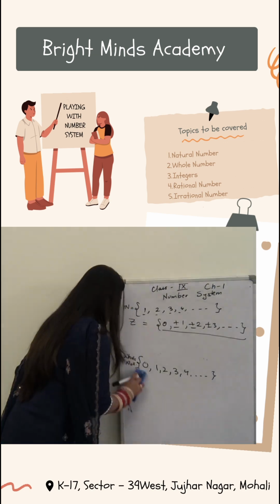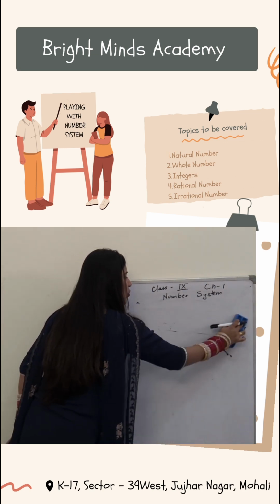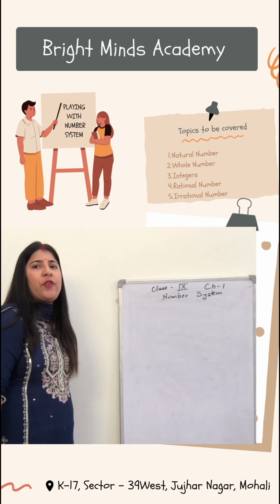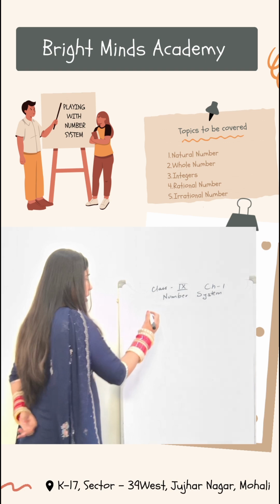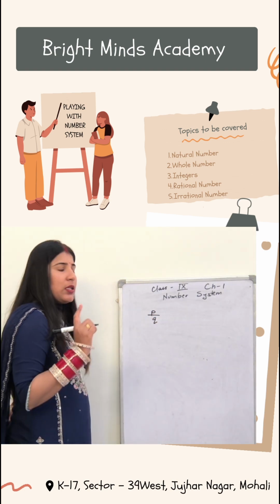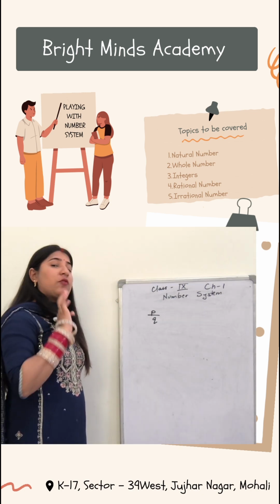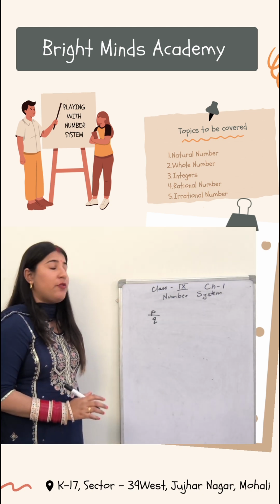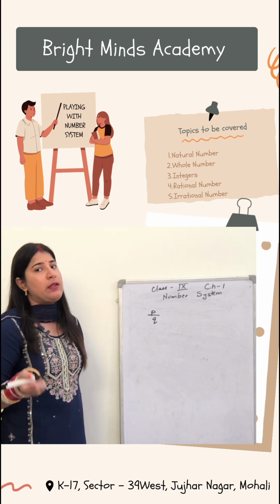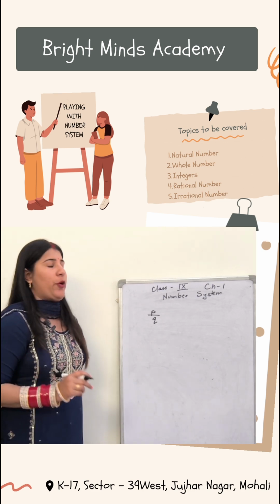But if I am talking about fractions, since your 8th standard you have been dealing with decimals, fractions, proper fractions, improper fractions, these types of numbers. So here I am talking about a number which is of the form p by q. Listen carefully, many students get confused with the definition of the rational number, which is quite important not only for your 9th standard but for 10th standard and higher classes as well. For competitive exams, it is most important.